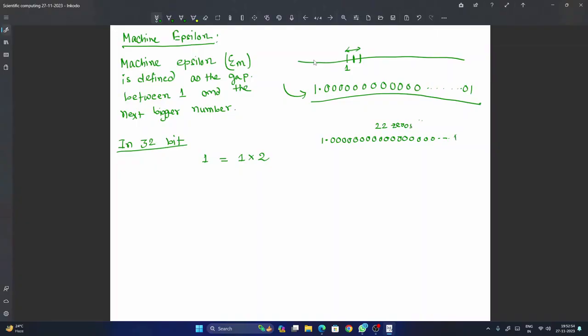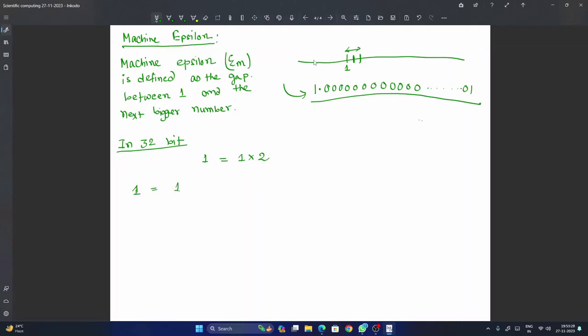And after that you will get 1, not 0. Total 23 zeros here, because in the 32-bit system we save a 23-bit mantissa, and in the 23-bit mantissa we will save what comes after that point, starting from 0. So in the 1 it actually saves all the zeros, so total 23 zeros are there. If we write it, it will be better: that 23 number of 0. That means 1 actually looks like